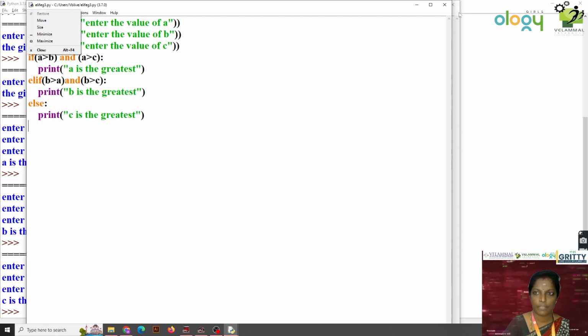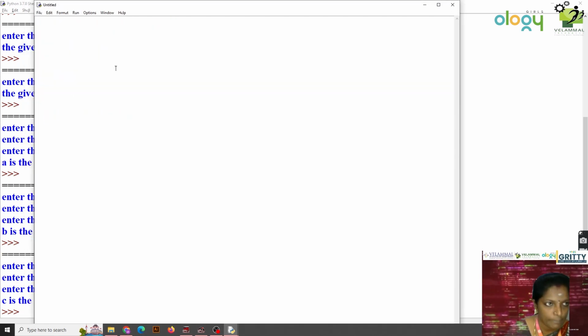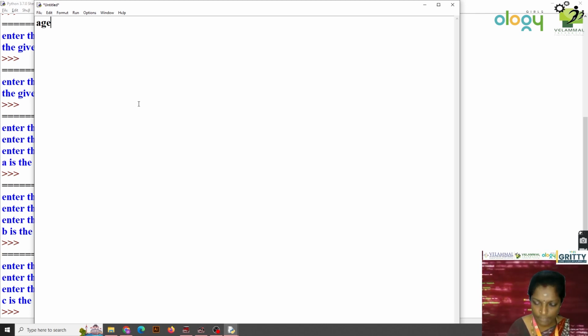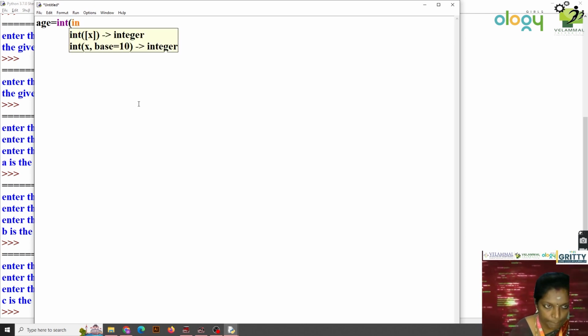Okay, so let me close this one and go for a new terminal. Let's start with the same example which we have. I'm going to take an age which is going to be an integer data type. I'm going to input the value from the user, right? Enter